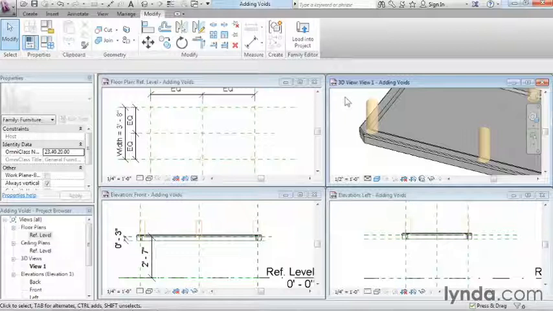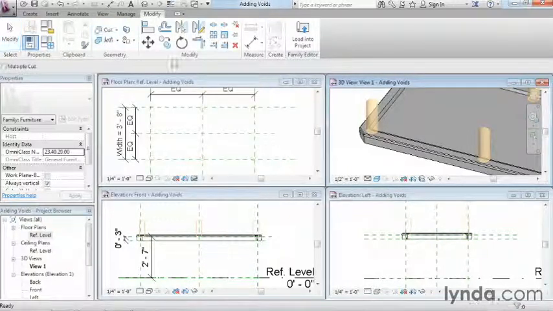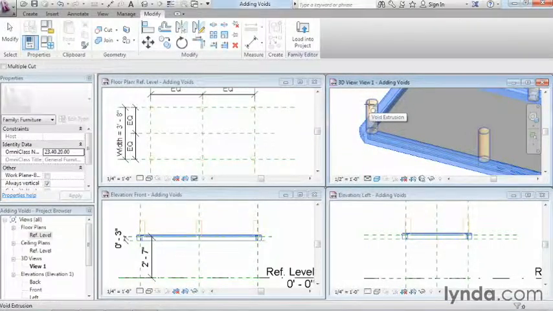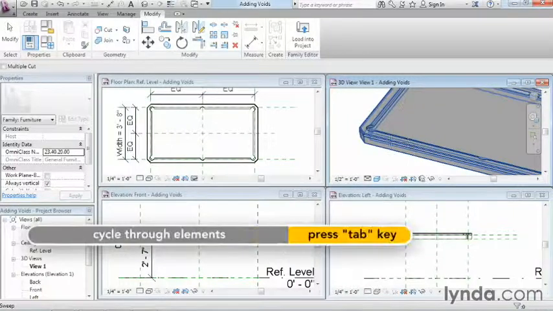Now the reason that it looks like this is because I built it on the floor and then moved it up. Had I built it right on the correct work plane to begin with, it would have automatically attached itself to the nearby geometry. Well, all we have to do is use the Cut Geometry tool, and I'm going to select that, pick on a solid form, and then pick on the void, and the void will now carve away from the solid form. I'm going to repeat that with the rectangle here,